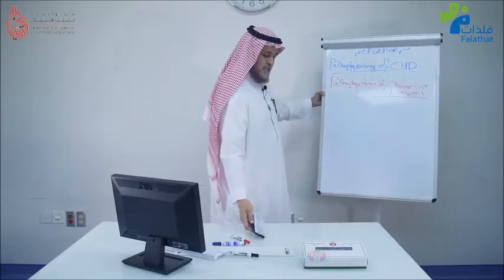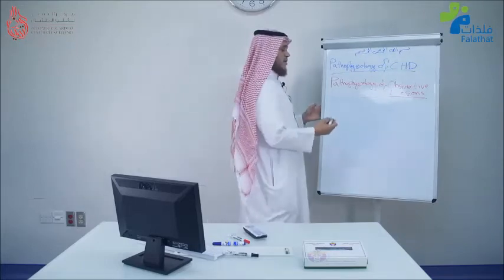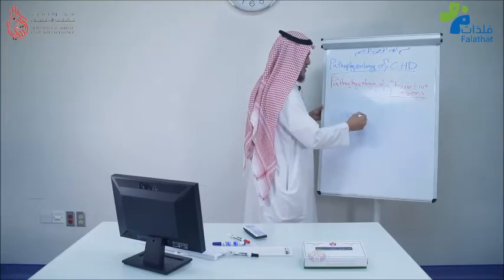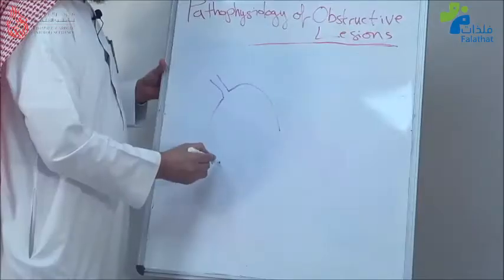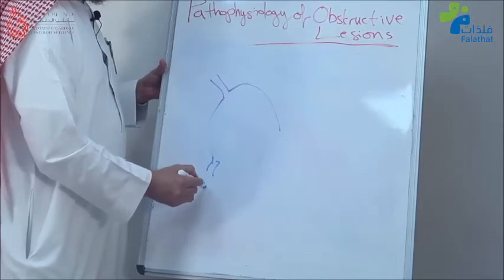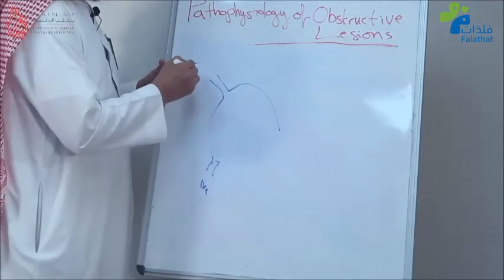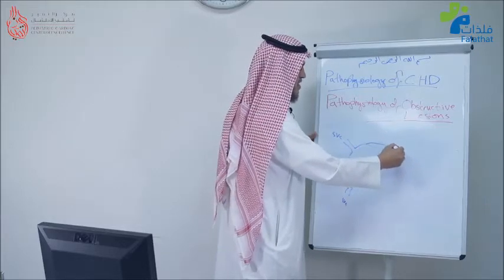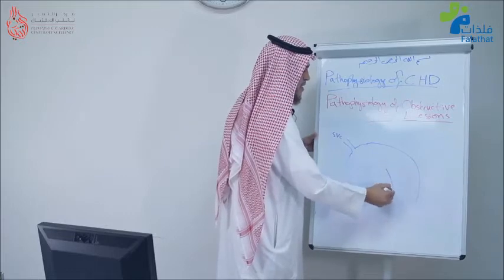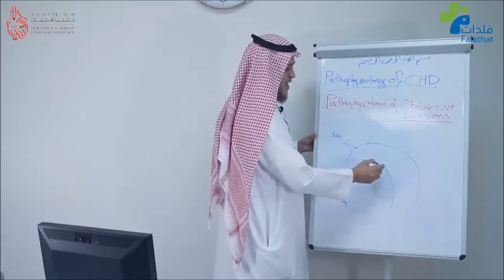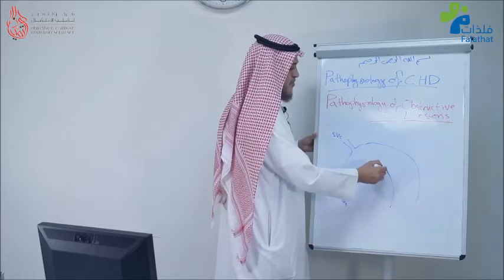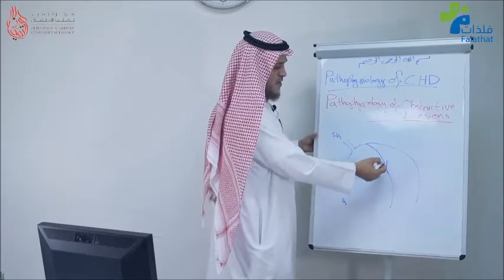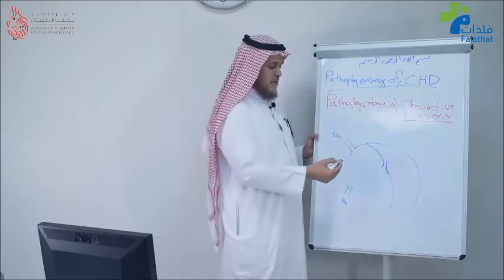A lot of the time in severe tricuspid stenosis, if I may draw the atria, IVC, SVC, right atrium, interatrial septum, and left atrium. A lot of those patients will have the patent foramen ovale still open. That means they do have a communication between the right atrium